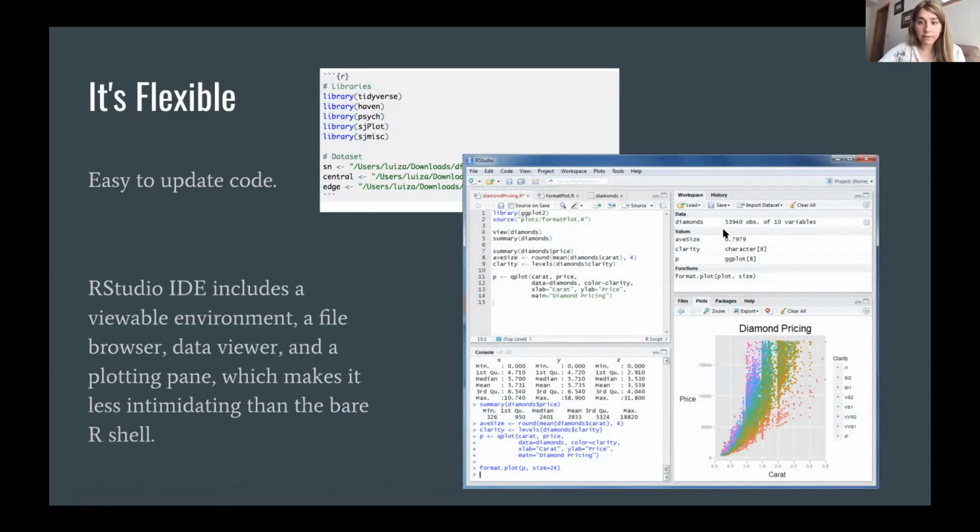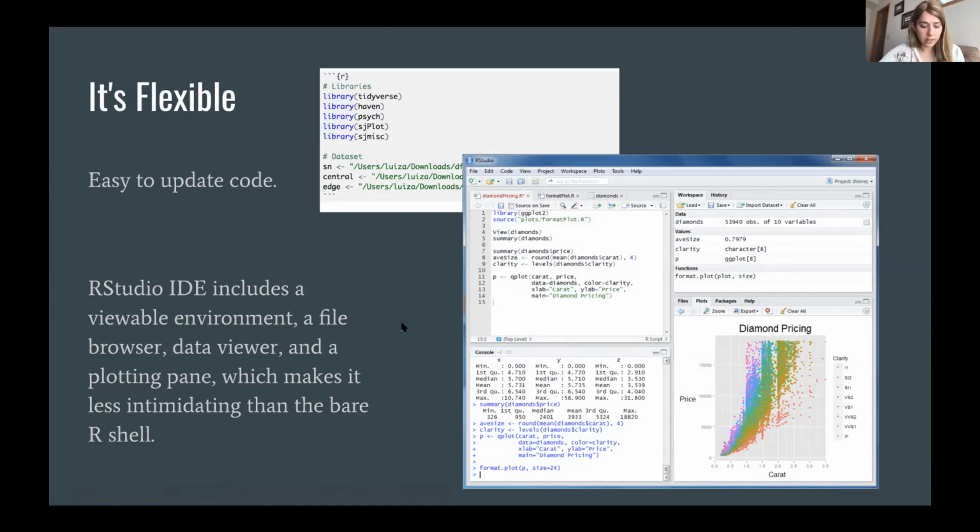You have this workspace where you have your data files that have been loaded, and here you can have things like plots, or if you need help with a function that you don't really know, like what view does or what summary does, you can write question mark summary, click that, and the help page will open and give you the documentation for that function. I just find that this flexibility of having all these things in the same environment is super great for a person who's just learning how to code.